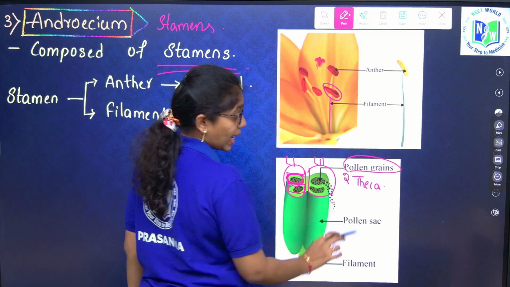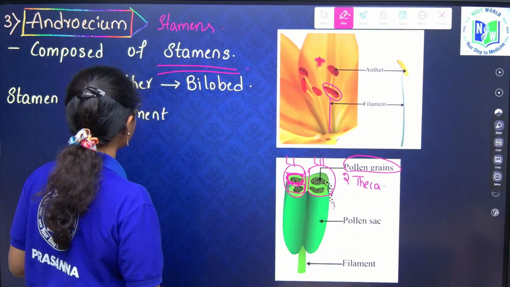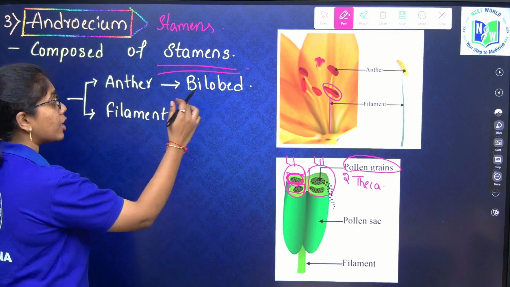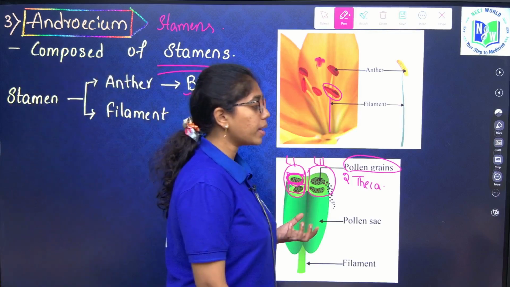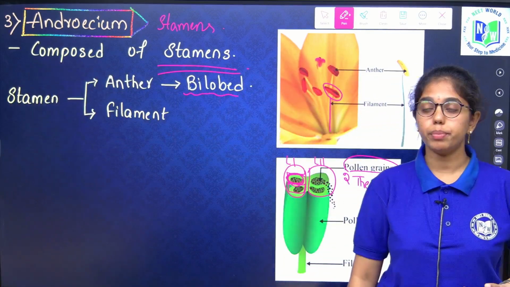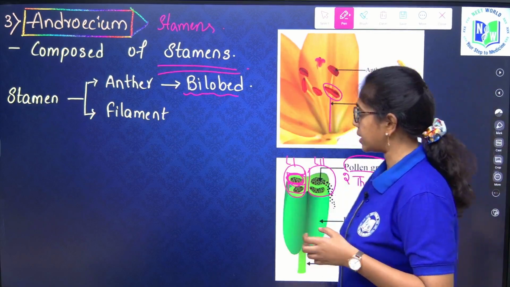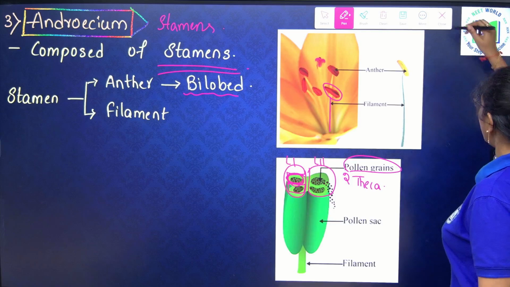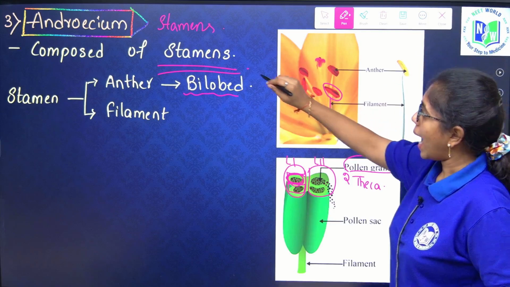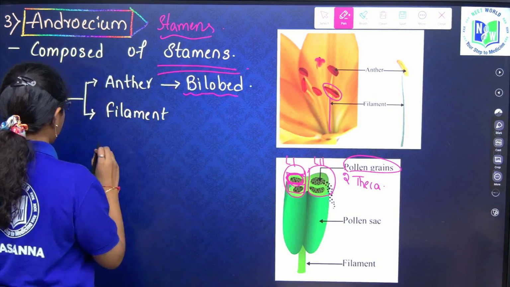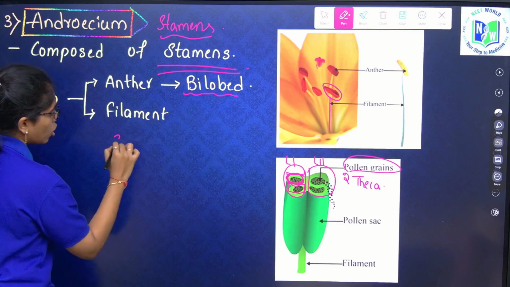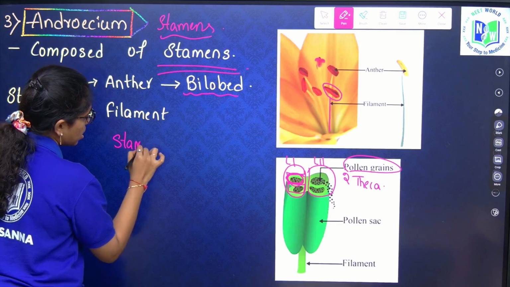at the time of fertilization. So, the anther in most of the angiosperms is bilobed and each lobe has two theca, which contain microspores. Once they are matured, they release pollen grains. And here, the androecium can contain one or many stamens. So, these stamens,